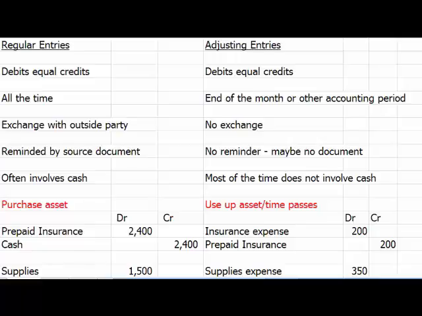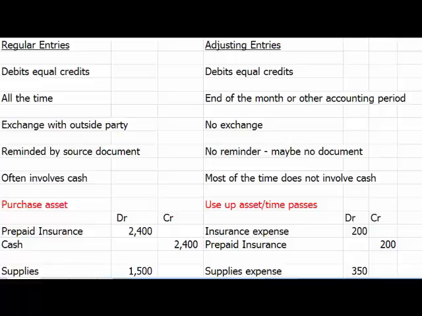Regular entries often involve cash because your cash payments and cash receipts are all regular entries. Anytime you receive or pay cash, for the most part, that is a regular entry. However,